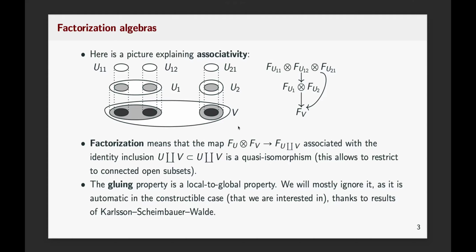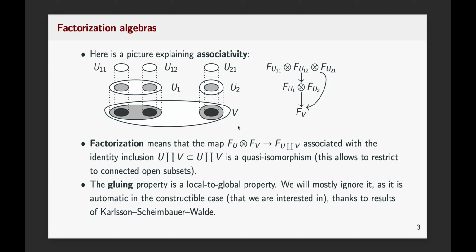So the first one, associativity, I'm not going to write it fully because writing it is a bit of a mess with indices. But I'll take this example. Essentially what it says is that if you have a bunch of open subsets inside a bunch of bigger ones, and then a second step, going through the intermediate step or directly from the smallest open subset to the bigger one, it's just the same. So it's just a commuting diagram.